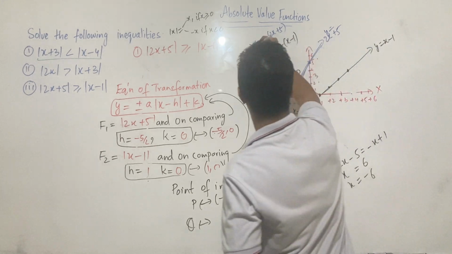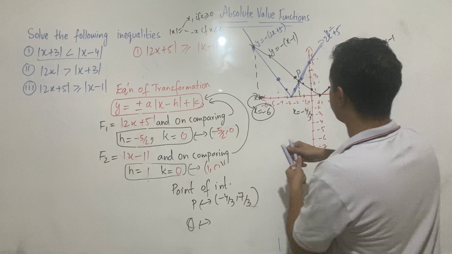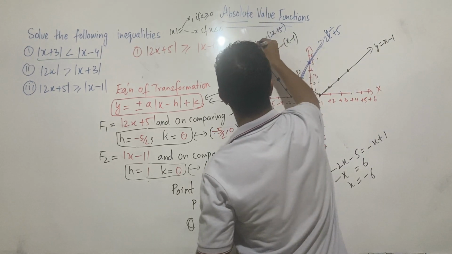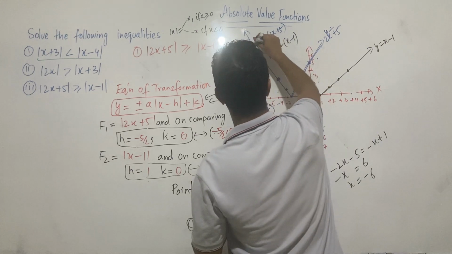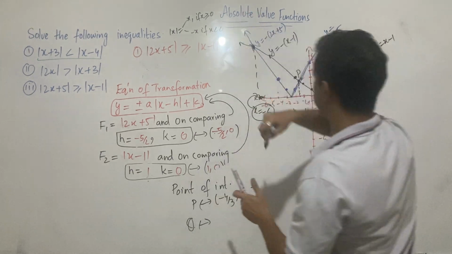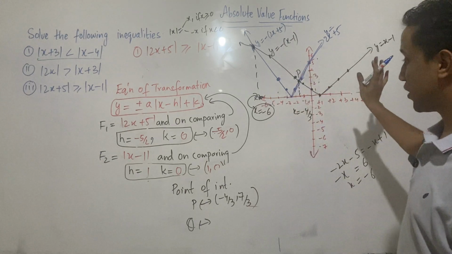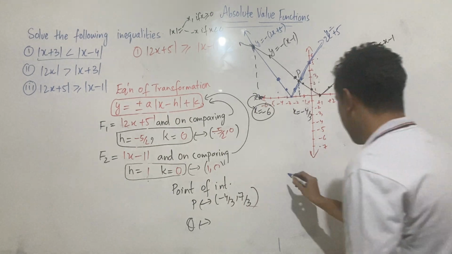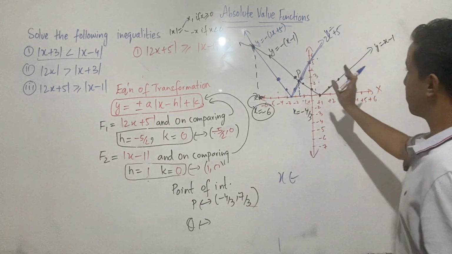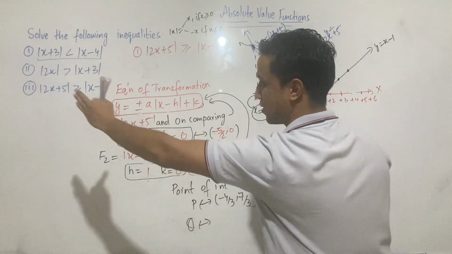After this point of intersection, the blue one will go up and the black one will stay below the blue one. So what's going to be my domain? x is going to be, for all the values of x less than minus 6,